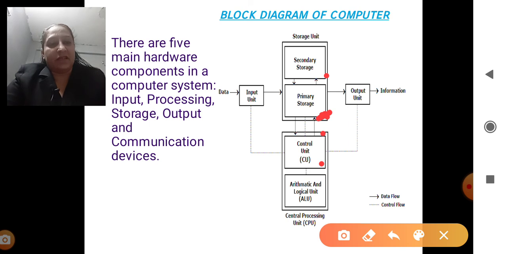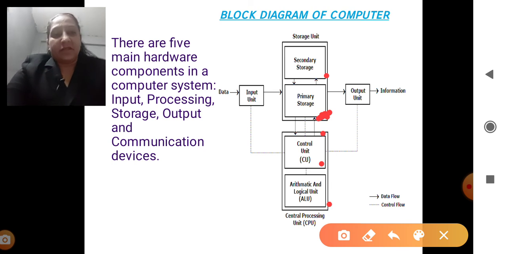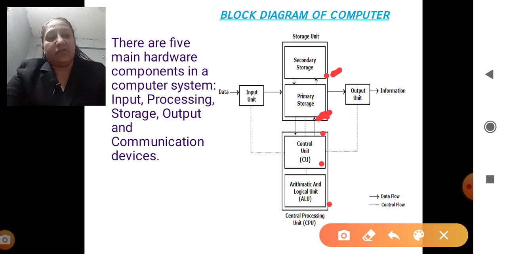It will decide whether the user wants to save the file directly or there is some sort of calculation to be done. Suppose I am making a word processing file where there is no need of calculation at all, so where will the data go? Then it will go directly from the primary device straight to the storage device. As the user presses the Ctrl S button, it will move to the secondary storage. When the user saves the file, then and only then it moves to the storage device, that is your hard disk. Otherwise, till then it is lying in your primary device.